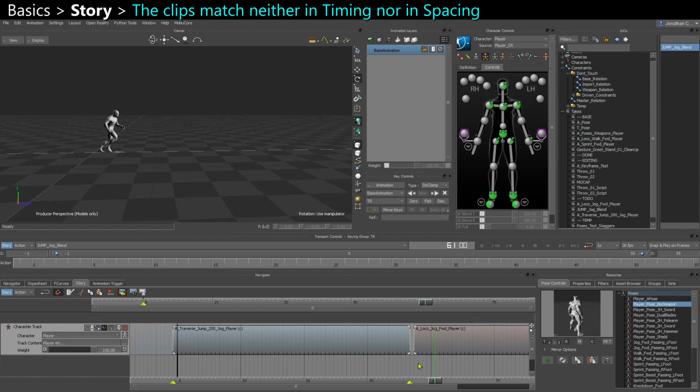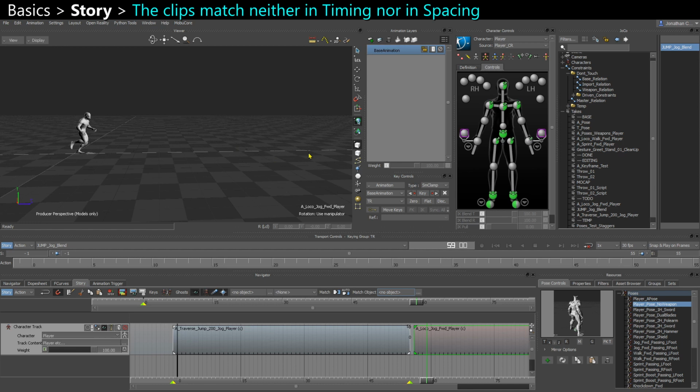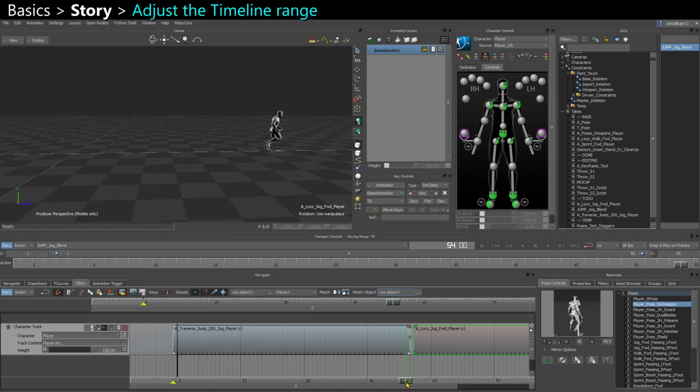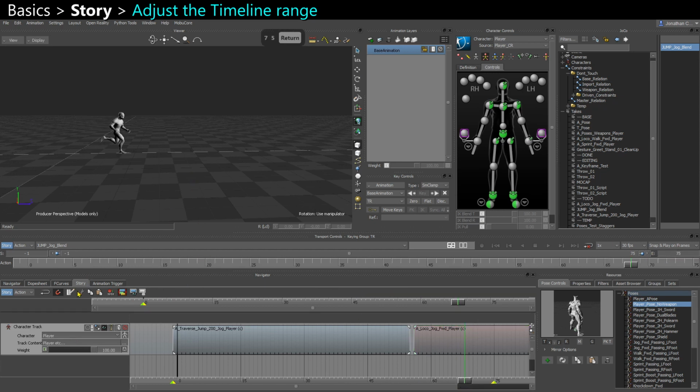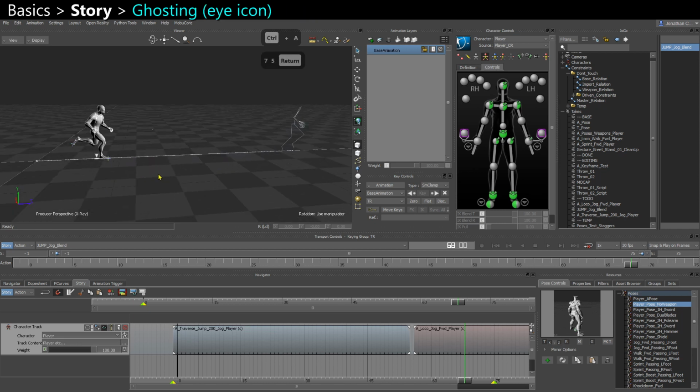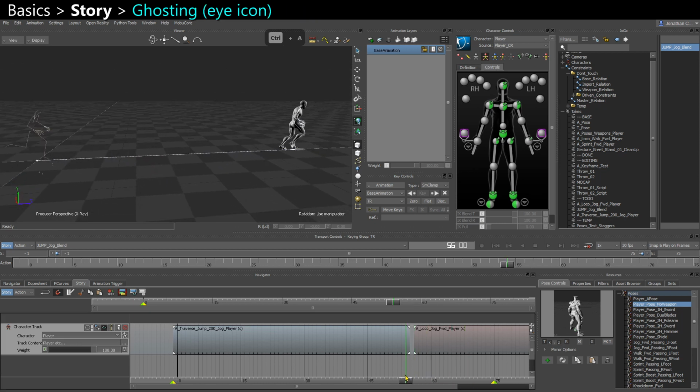So what we want to do is sync that jog cycle in terms of space, so put it like at the end of the jump, and also sync the footsteps. So I'm going to extend my timeline because my animation is going to be longer, maybe put it to 75. And if I press Ctrl A, I see the ghost of both clips, so I see the